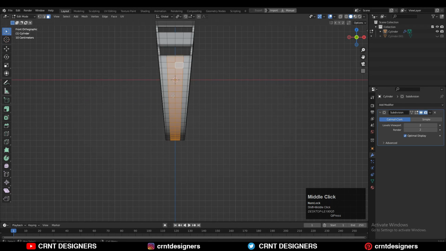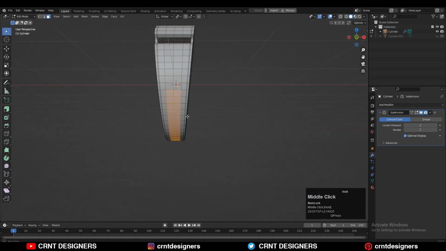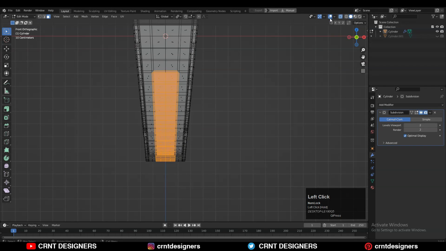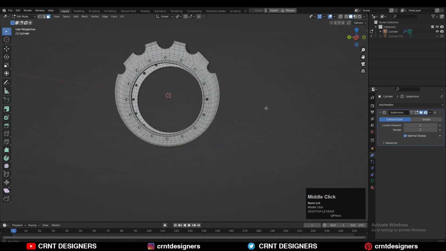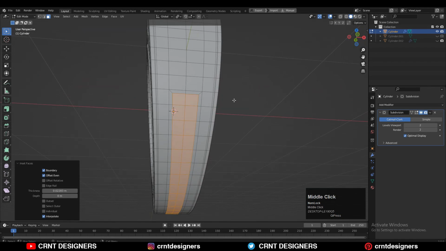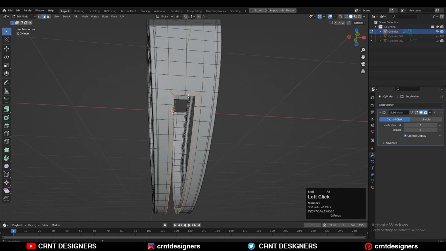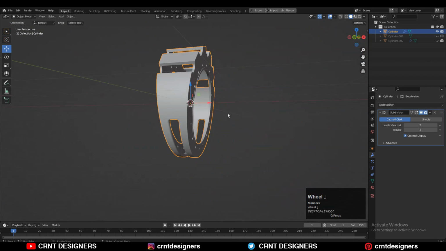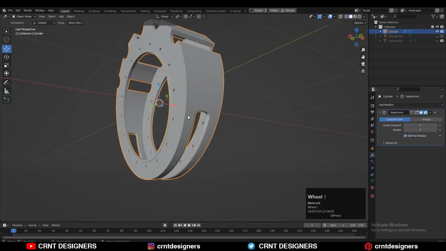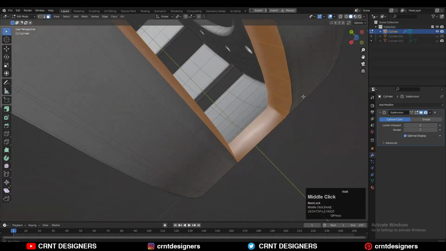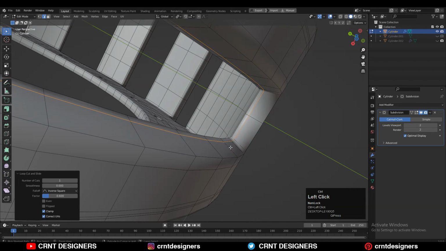I just want to create a little bit of boolean details here also. So I can select these faces, turn on your X-ray mode, select the faces, and then delete these faces. Before deleting the faces, you can use the insert operation and then delete these faces. Then select this edge loop, right click, bridge edge loop, and now you can see that it looks pretty good. Just use the insert operation there one more time, or you can add manual loop cuts like this.